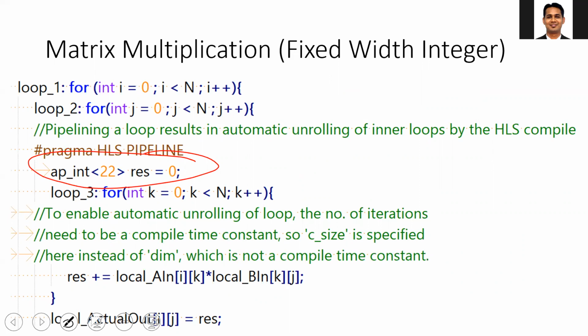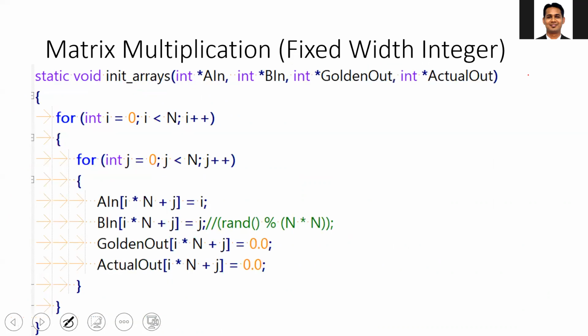This is the one change you need to do when you move from a 32-bit integer to any fixed width integer. We are considering fixed width integers. You need to use the appropriate .h file. There won't be any changes in the .h file, and there won't be in the case of main.cpp. There will be small changes needed in your init array function, and make sure that you don't use this rand variable, because we are talking about integers.